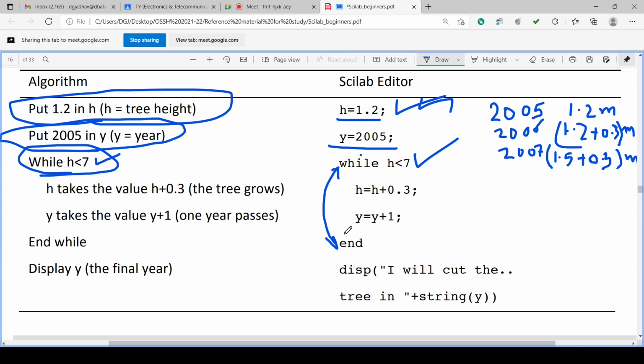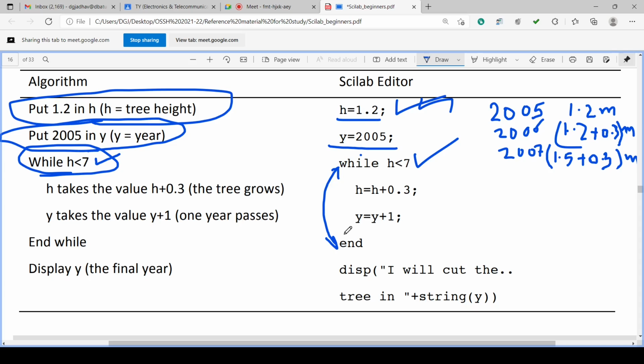So h is equal to h plus 0.3 and y is equal to y plus 1. These are the two instructions. We are incrementing height by 30 centimeter, that is 0.3, and we are incrementing year by 1, because 2005 becomes 2006 and height becomes previous height plus 0.3.